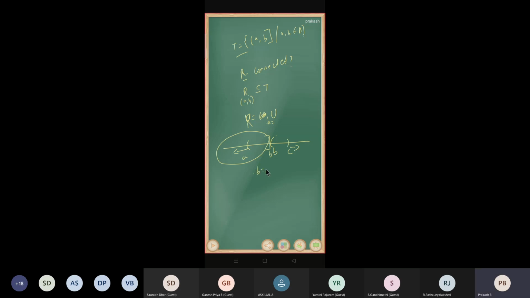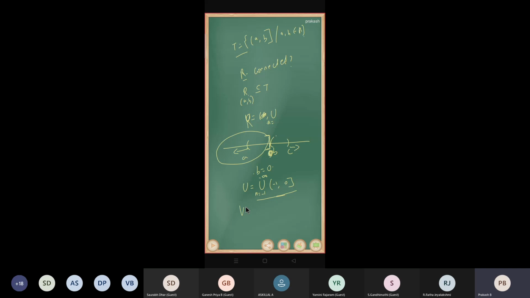So I'm going to fix b equal to 0, right? Now I'm going to take an open set U as the union over n equal to -1 to minus infinity of the interval (-1, 0]... so this is open, the union of open sets is open, so it will cover the left-hand side of the real line. Okay, the left-hand side of the real line.